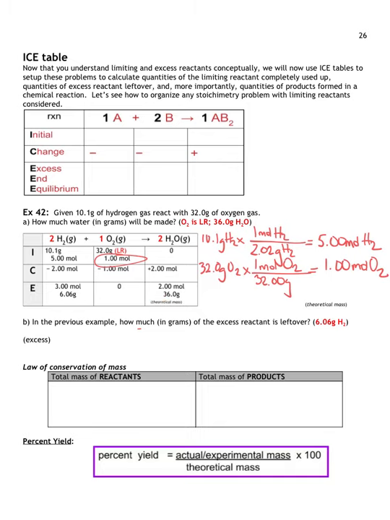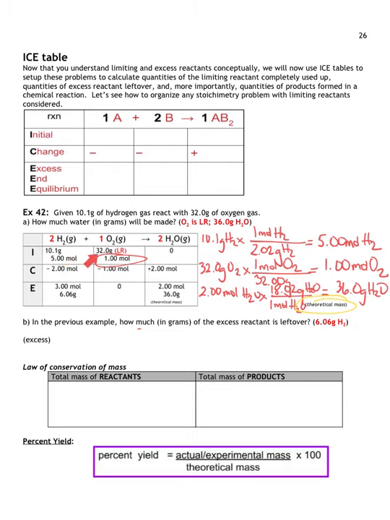So I'm going to do that conversion fairly quickly by taking 2.00 moles of water and using the molar mass of water, and calculating that molar mass of water to be 36.0 grams of water. Now that mass is in fact what is called my theoretical mass. So this is how much I should theoretically form of the water vapor given my amounts that I started with